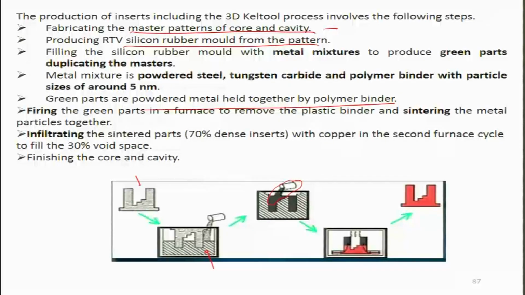So you duplicate the silicon rubber mold with metal mixtures, produce green parts, and the metal mixture is powdered with steel, carbon, tungsten carbide and other hard materials, even polymer binders with particles around the size of 5 nanometers, and then fire the green parts. Okay, so you try to sinter whatever is in the material together, so that there is some kind of a metal polymer matrix. Some of the polymer of course will be evaporated because of the high temperature. So you have infiltrating of the sintered parts, which are about 70% dense,